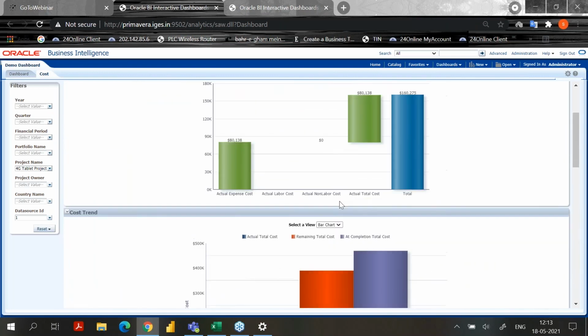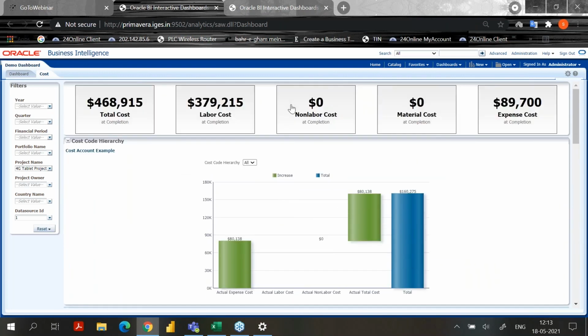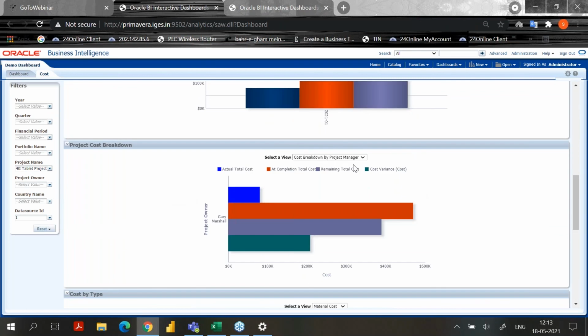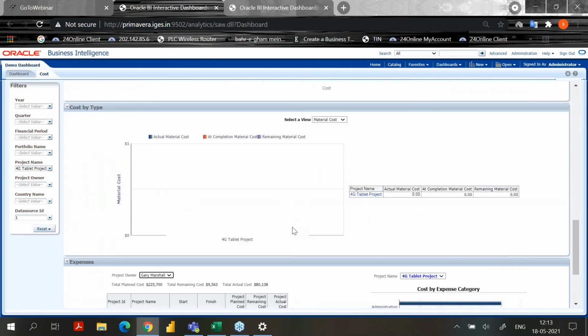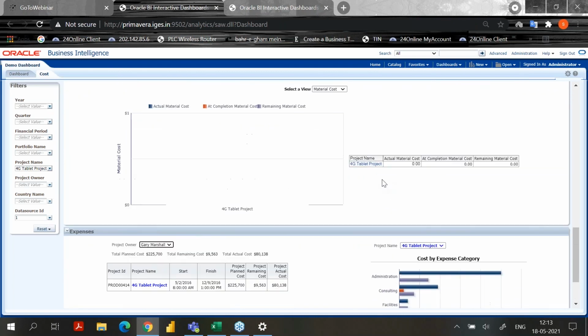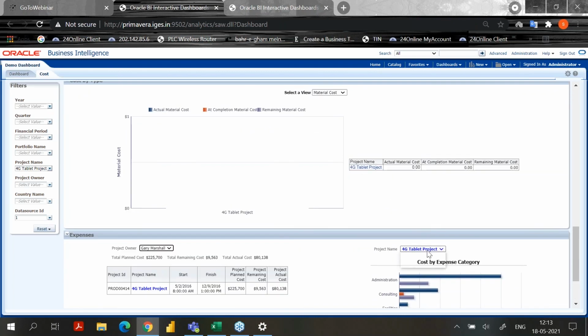If it does not have data, it will show nothing. Non-labor cost has gone zero, material also, everything is reduced, everything has gone zero. So there is nothing for 4G tablet. Previously it was showing all the projects, and now it is showing only the 4G tablet project. Only project owner, Gary Master is the owner.